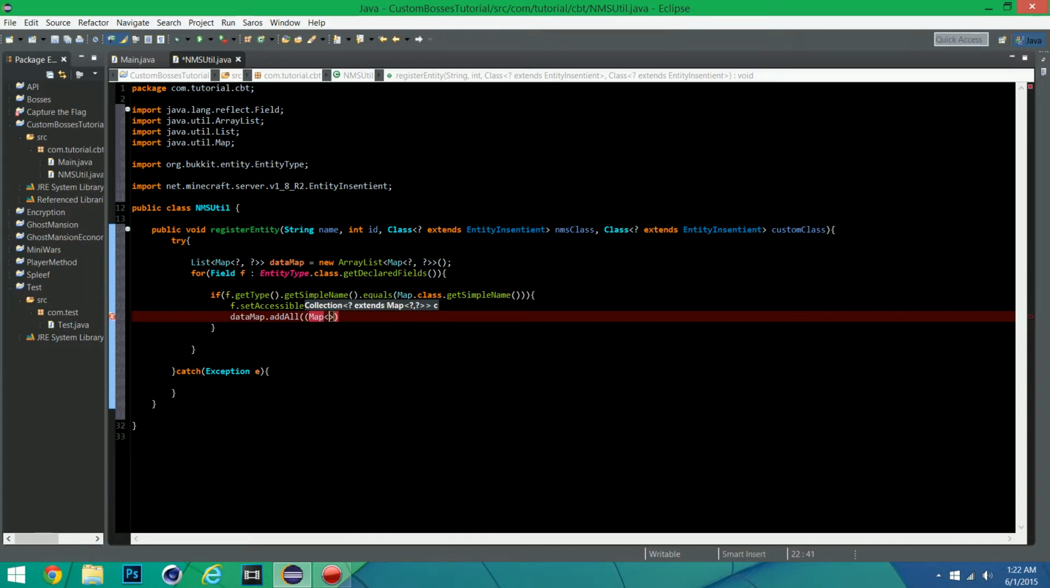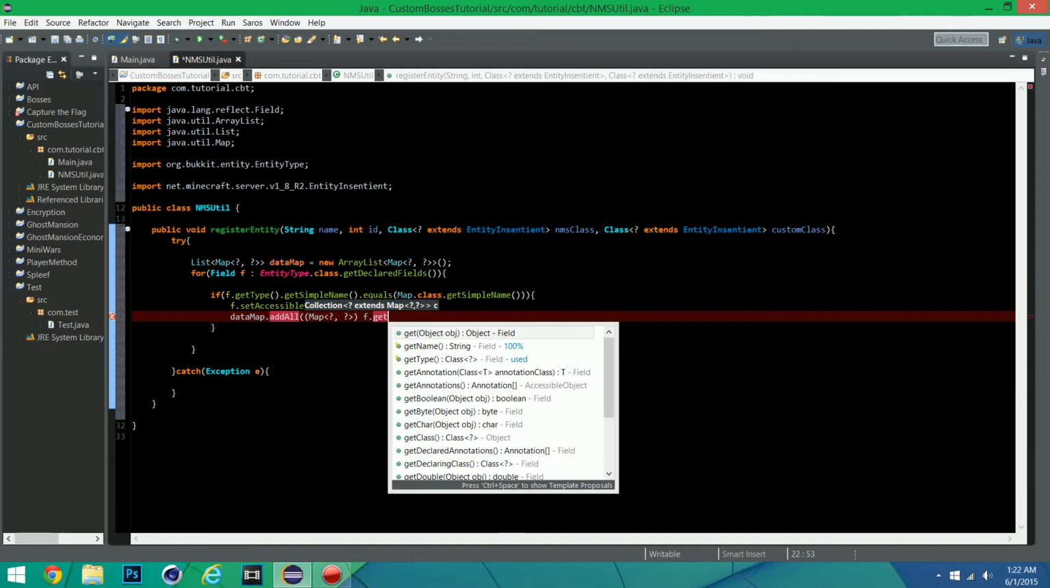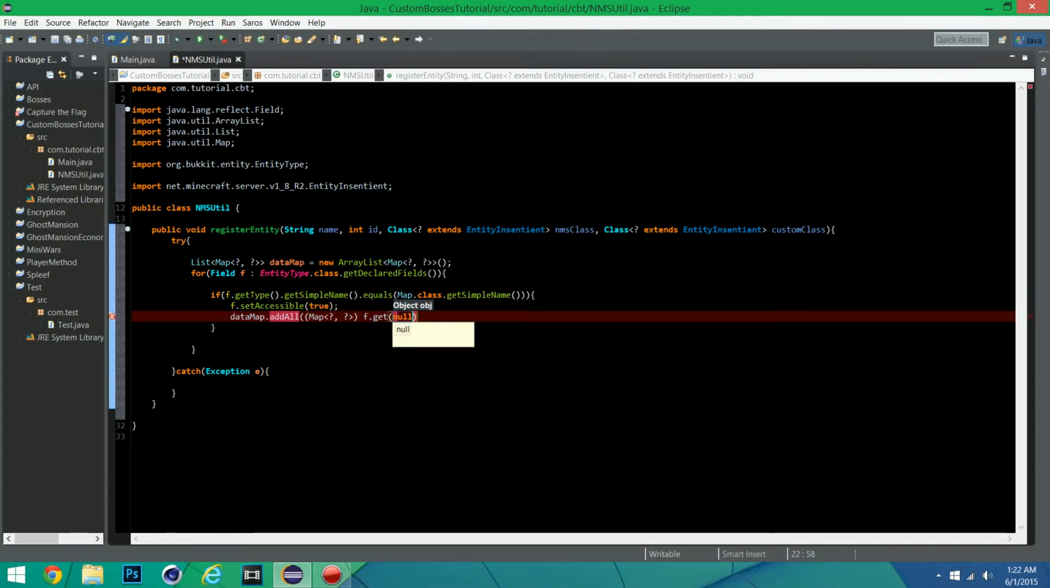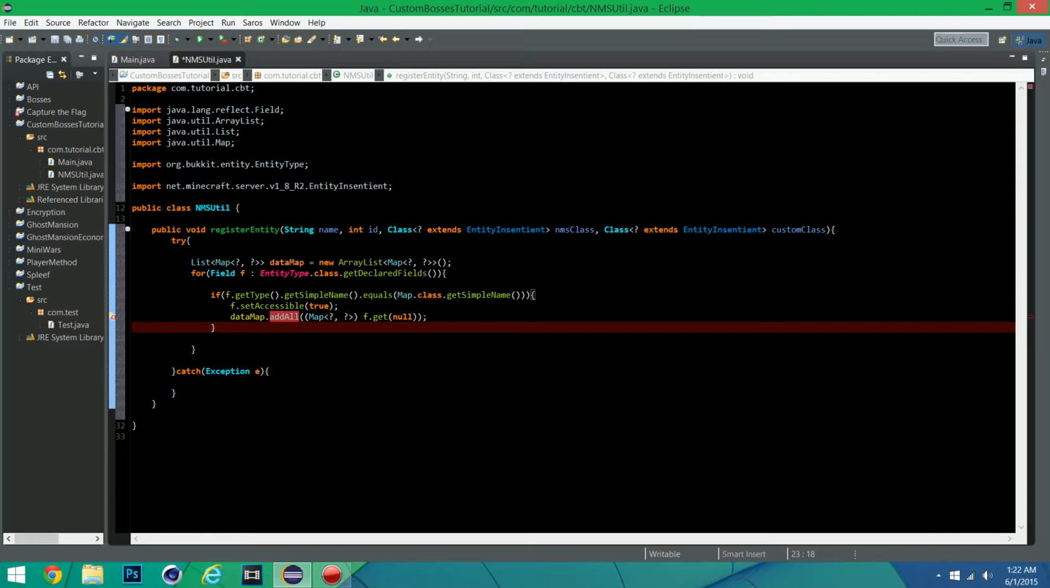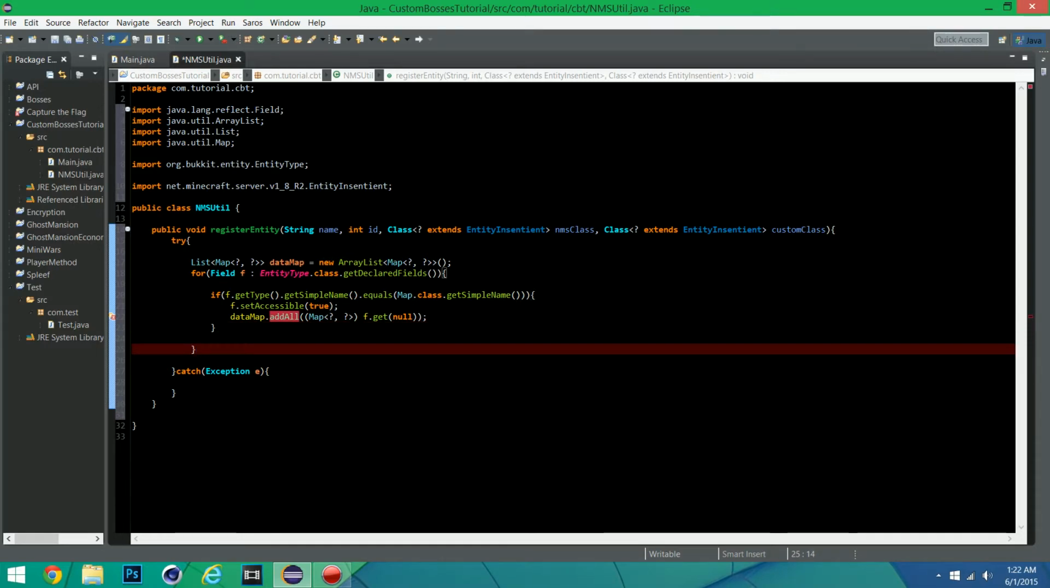Actually, we need our map to have our two wildcards in it. I can't believe I forgot about that. We're going to need to cast that onto f.get, and then set that to null. And yeah, so let me add one last bracket. There we go. And now that we are done with the for method to make sure that we can access into the class,